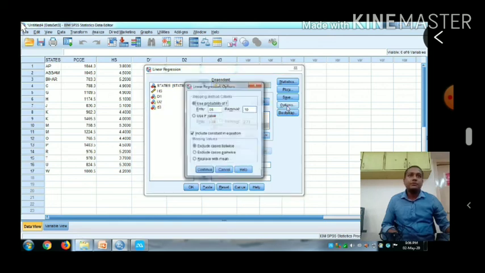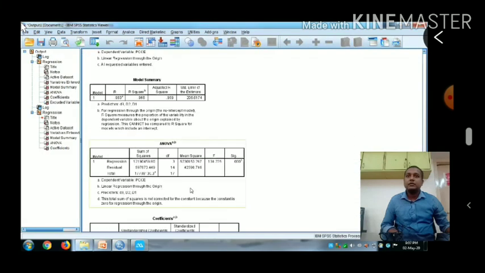Now go to option. Okay, so here there is an option called include constant in equation. So we don't want intercept, correct? We don't want intercept because we are going to take 3 dummies. If we are taking 2 dummies, intercept is required, then we can run the regression function. But our category is 3, so we are going to take 3 dummies. We want to know the 3 dummies value, but we don't want intercept, because if we take intercept, the values will not be accurate. So just click on it, then continue, give OK.